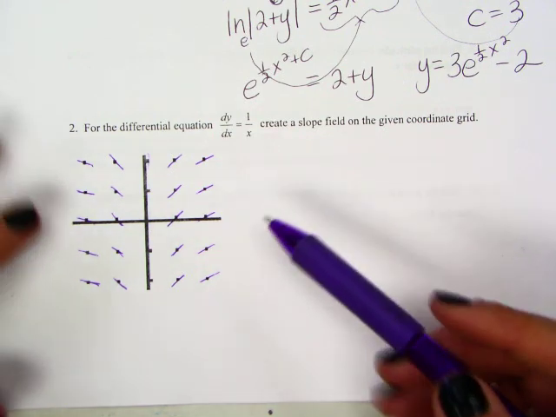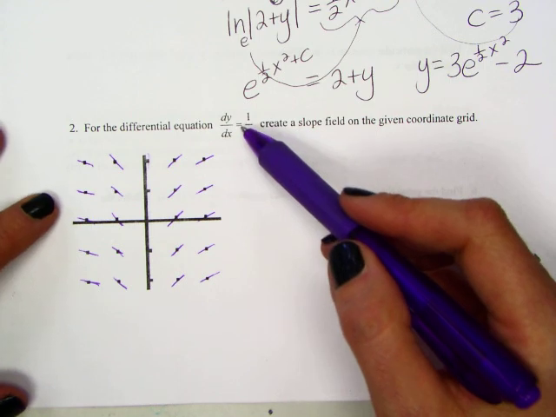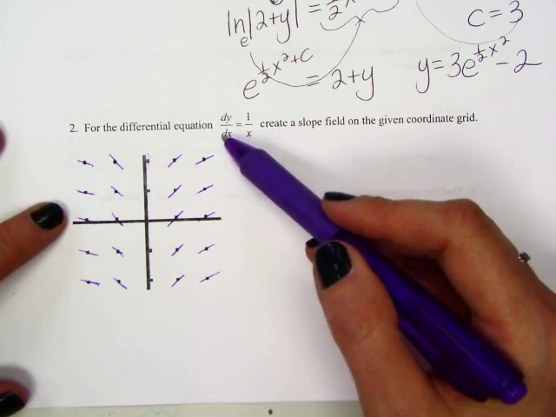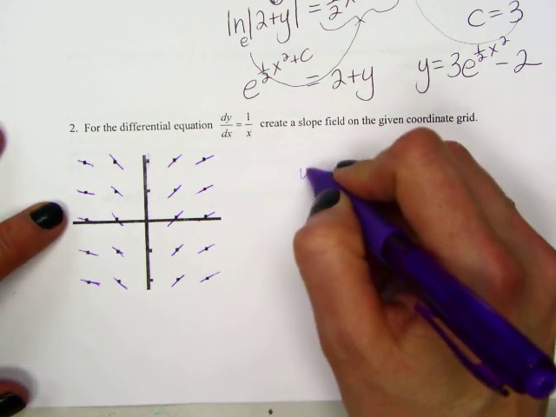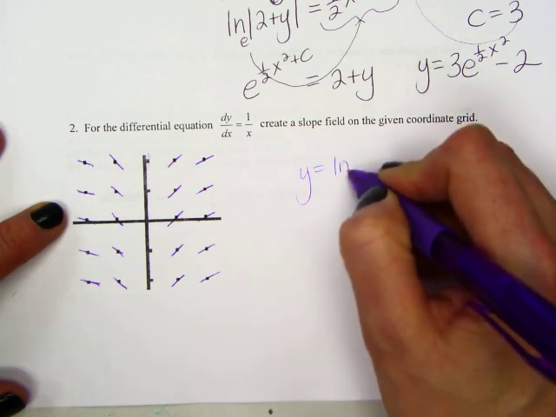All right, and that should kind of make sense. Again, even though you don't have to solve this, if we did, we move the dx over, it would integrate as a natural log of the